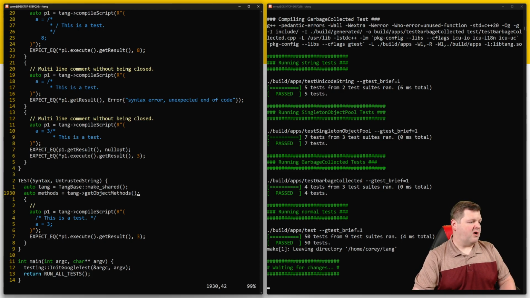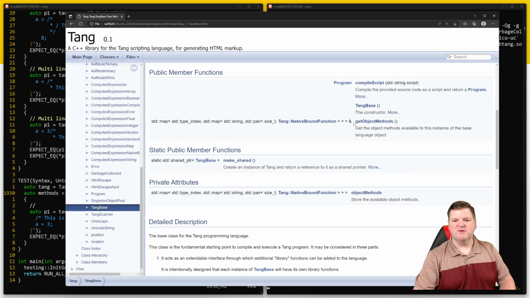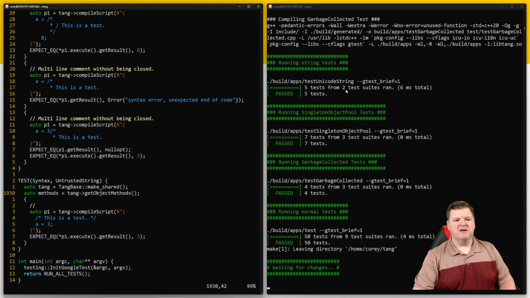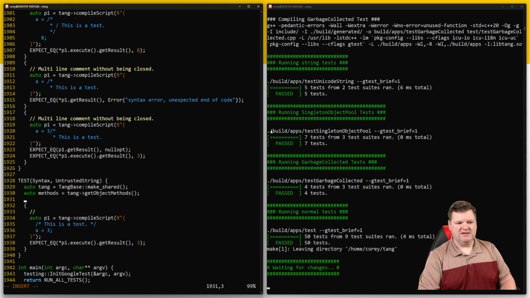And the important part of this is it is returning it by reference, so we can change it, and it's not const. That was intentional. So methods, and what we're going to do is then just say methods sub